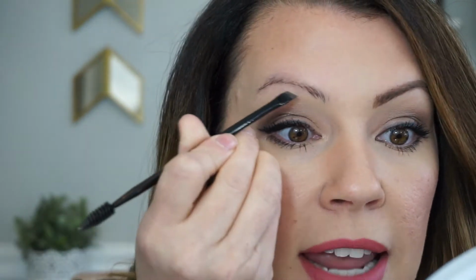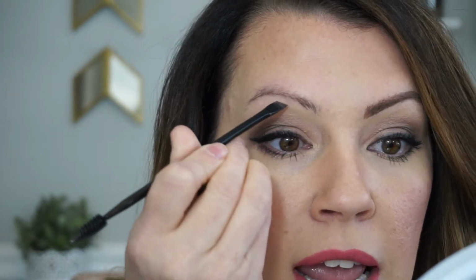And then wherever you lay your brush first is where it's going to be the darkest. So you definitely don't want it super dark right here. So I like to start in the middle of my arch here. And this brush makes it so easy. So let me zoom you in so you can really see what I'm doing. And I have a mirror down here, so I'm going to look down, but I'm going to try to show you guys. So I like to start right here on this arch,